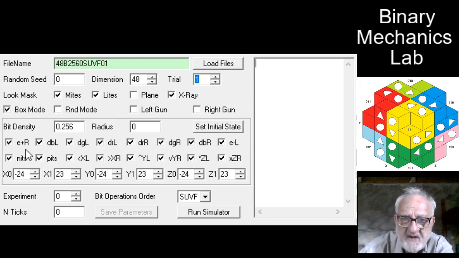These are the eight spot types. If checked, it means that the random seeding to set an initial state will include these particles. Any ones that are unchecked will not be seeded. The next row is the type of bit, and the M bits have a positive or a negative charge, so